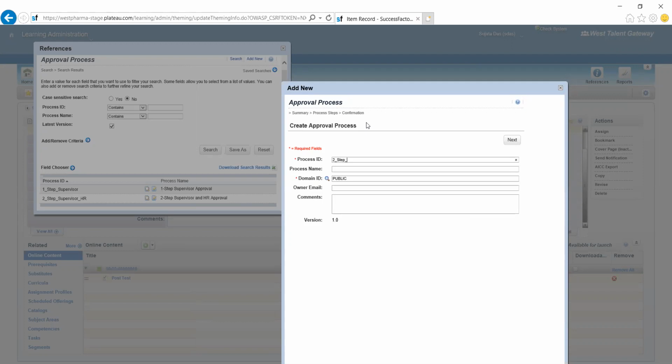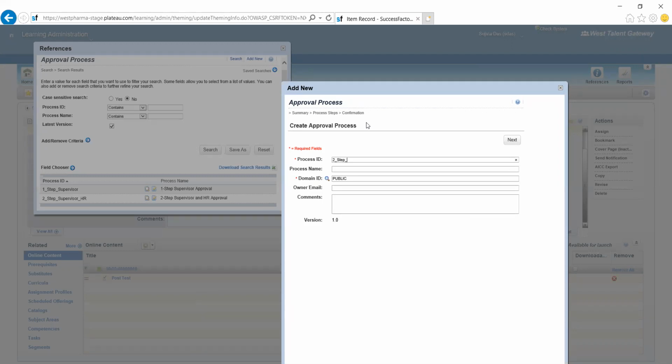Sometimes it is a finance or accounting team. So depending upon the business process, it is very much flexible. You can create up to 6 levels of workflow in SuccessFactors LMS, but it is recommended not to go beyond 2 to 3, because it will unnecessarily increase the time for completion of a particular process. So it is always recommended to go a maximum of 3.